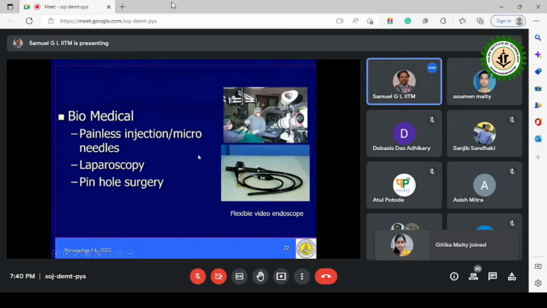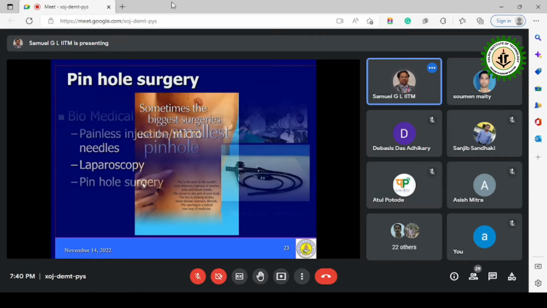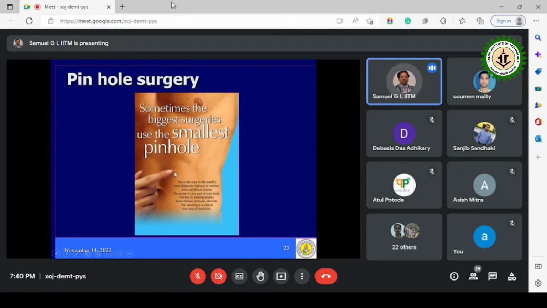And not only that, you'd have heard about what are called painless injections. It's because the diameter of the injection is small. If it is big, we'll feel the pain. Then laparoscopic surgeries and pinhole surgeries. Pinhole means you make only a small hole, insert the devices, and then carry out the surgery. So thus the recovery time is very fast. After the surgery, maybe the same evening they can walk, even after a big surgery, but with a small hole.